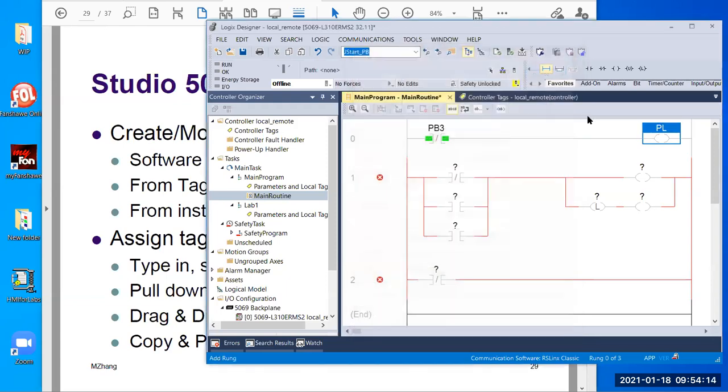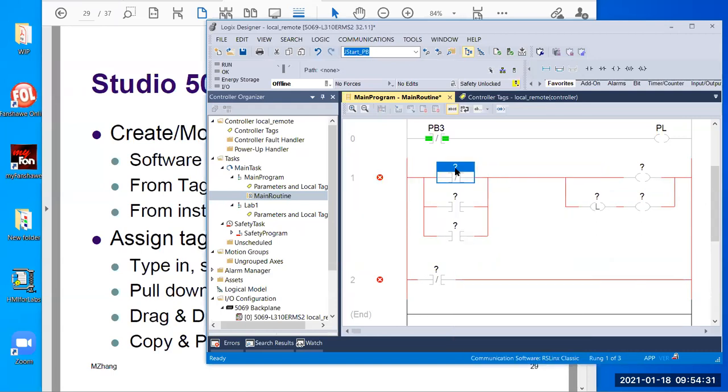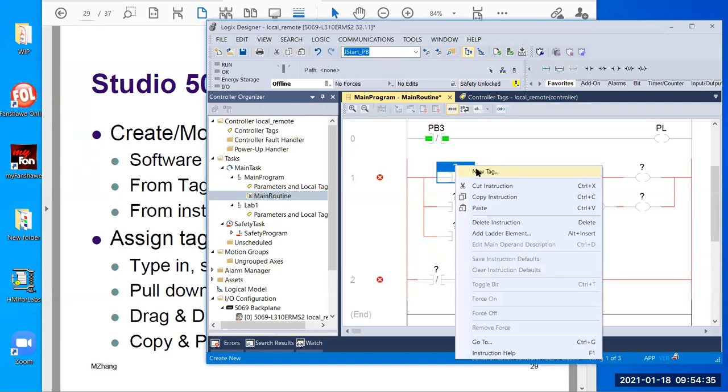All right. So create, then you have it here, right? That's also controller level, because we didn't change it. If you want, you can even create a new one. I'm going to show that again. The good way to create a new tag from an instruction: right click the question